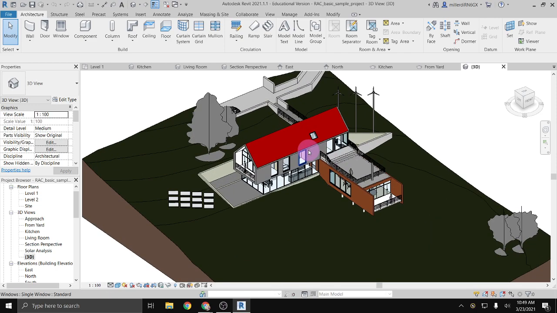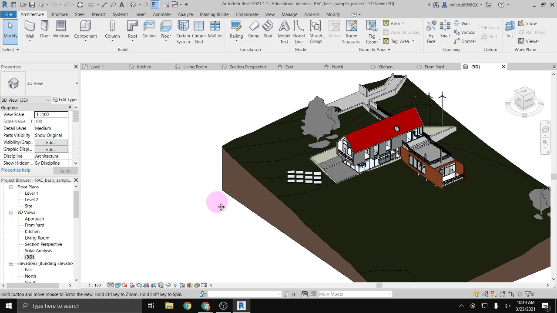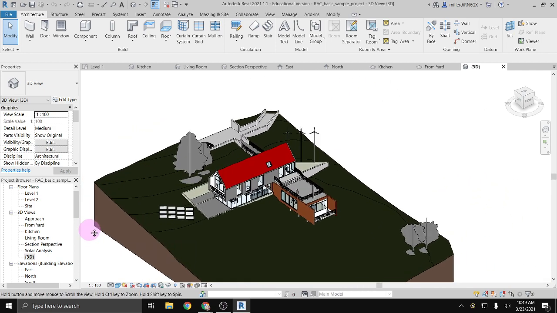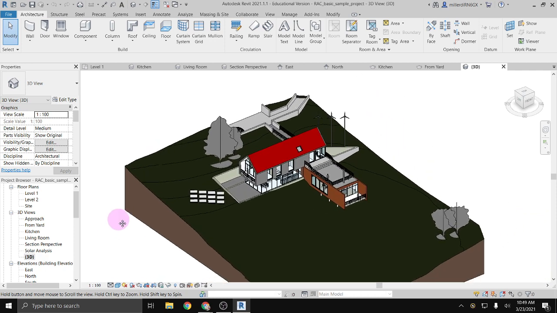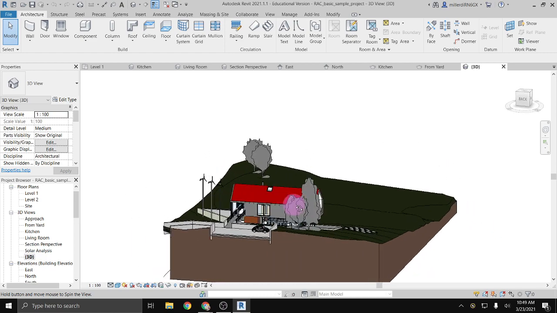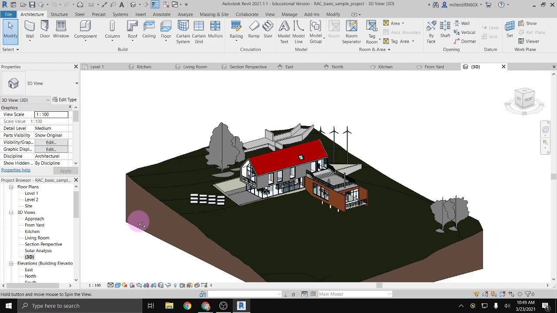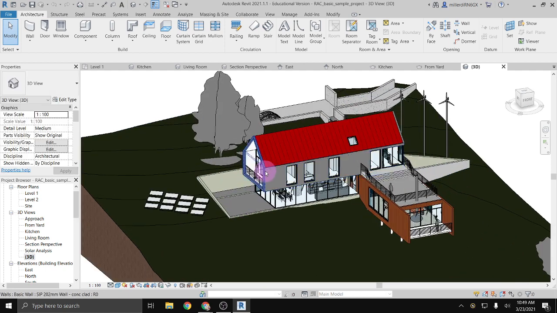Your scroll wheel can zoom you in and out. Holding down your scroll wheel allows you to pan or move around without changing your view. But what gets extra cool is holding down the shift key and the scroll wheel, which allows you to orbit around three-dimensionally. So you could look around your building or your site three-dimensionally,